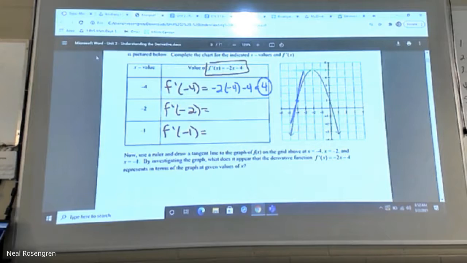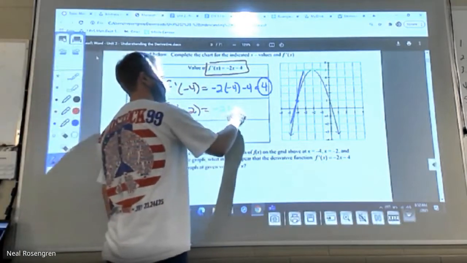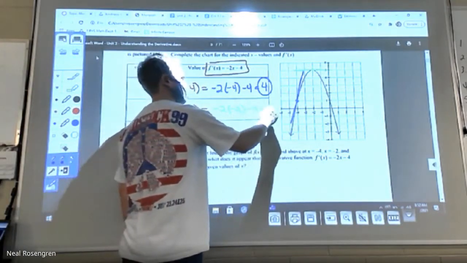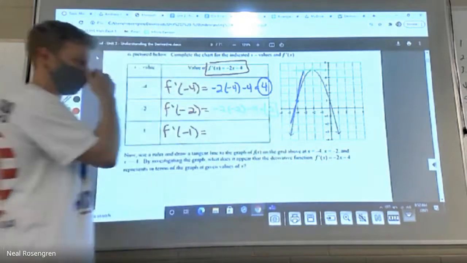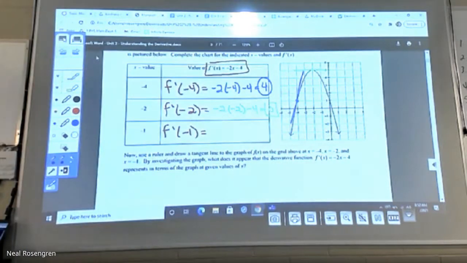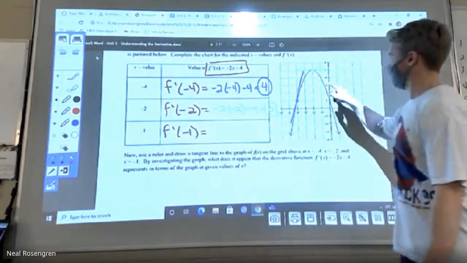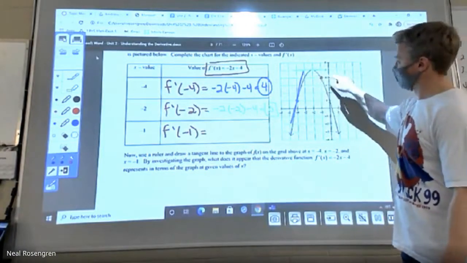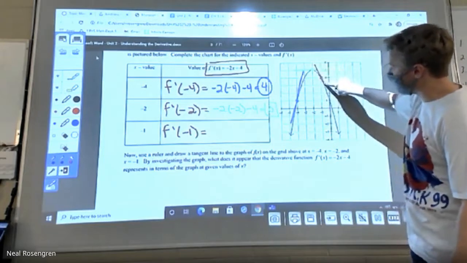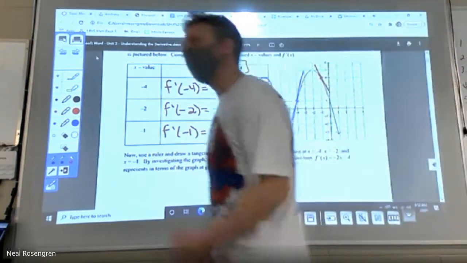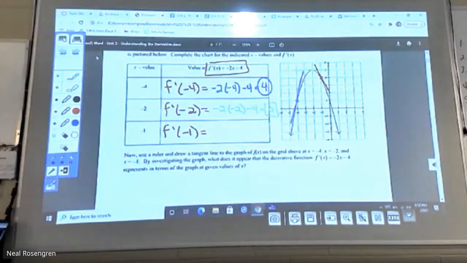What is the slope of that line, do you think, that's green there? 0, right? That's a perfectly horizontal line. And what's cool is that the derivative is going to back up that idea. -2 times -2 is 4. 4 minus 4 is 0. Go to -1, put a point, draw what you think would be a decent tangent line, and think about what kind of results we might get.